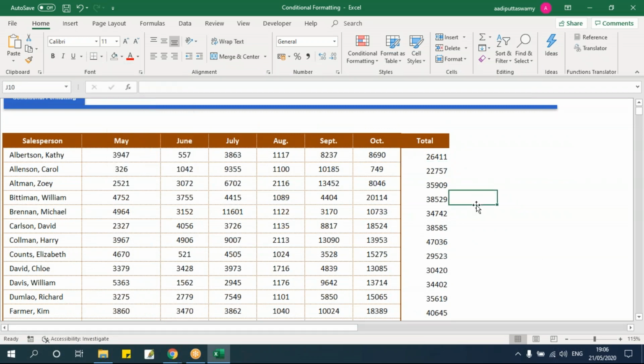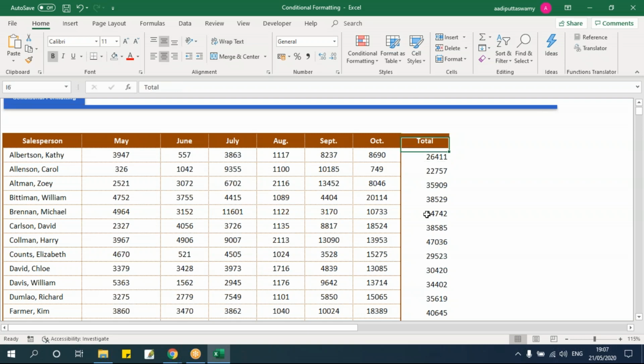Instead of doing this manually, we can have an option which is called conditional formatting, which will help me in formatting the cells based on a condition. That means I'm applying a condition on these cells so that if the condition is true, then highlight the values or format the cells. How to do that? We'll go with a simple example and then we'll go with more examples.